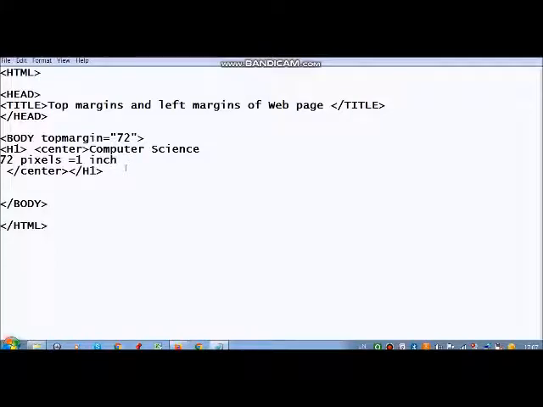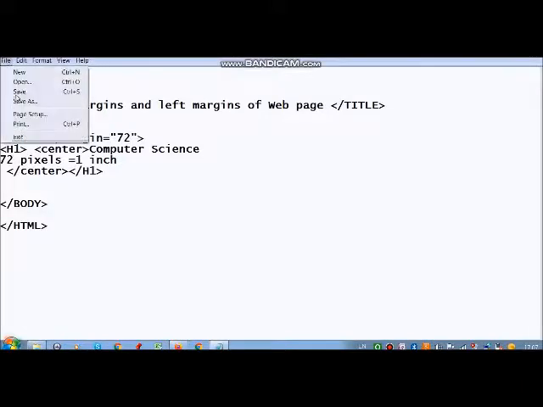According to that, if you want to adjust like 2 inches, what you have to do? You have to set it at 144. Okay, so this is the attribute of body tag. How to set margins with the attributes of body tag? What you have to write? Body, then topmargin is equals to, inside double quotation marks you have to write the number.